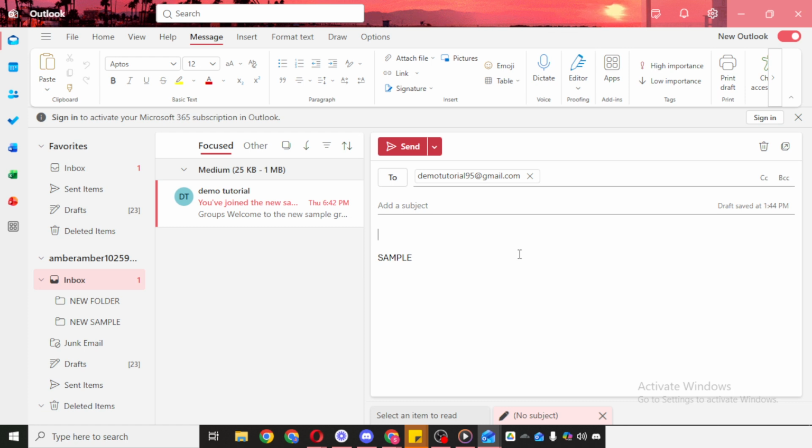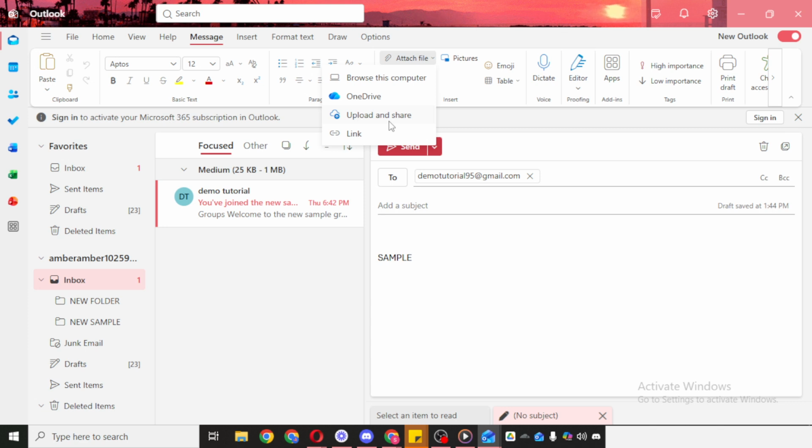Once your message is ready, you can add the attachment. Click Attach File. Then browse your device to locate the file you want to send. Take a moment to confirm that you've selected the correct file before attaching it. In many cases, you'll see the file appear in the message once it has been added successfully. That visual confirmation is useful because it lets you know the attachment is included before you send the email.